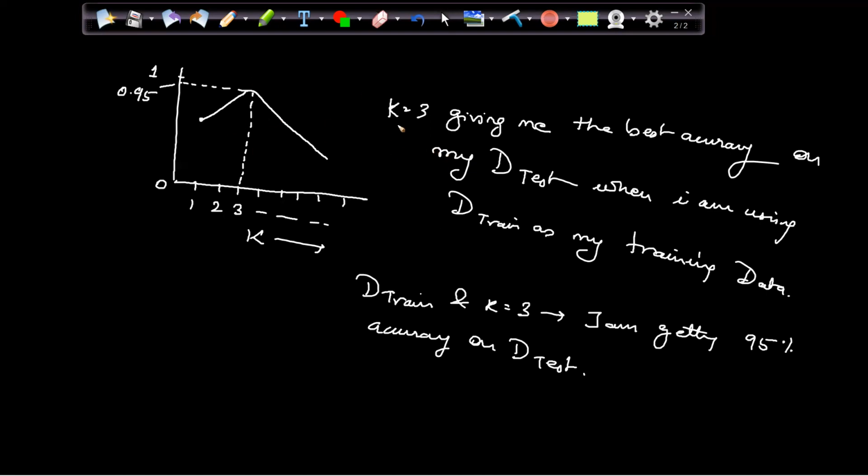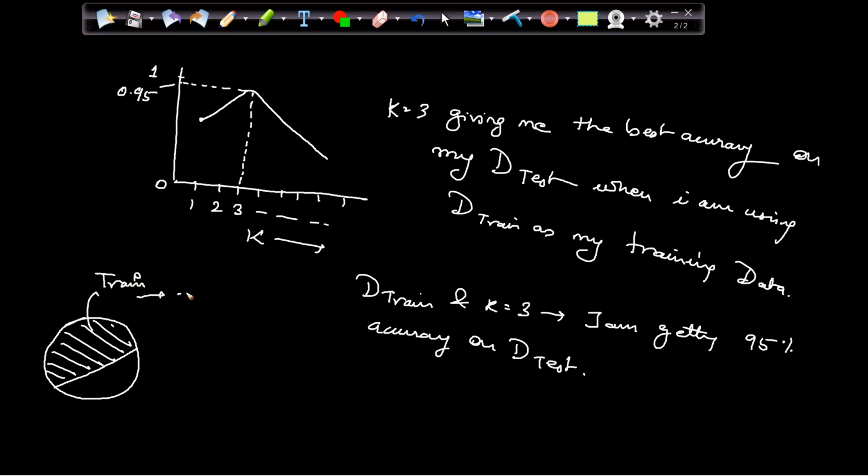Basically, if we think logically, what is the objective of machine learning? The objective of machine learning is that I have a data. On that data, let's say this is my train data.